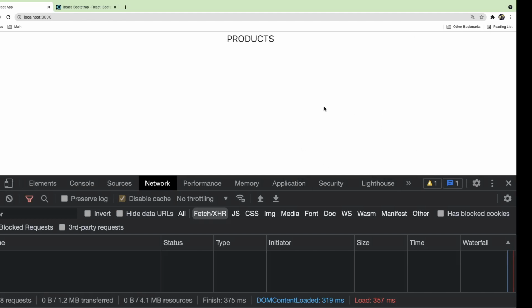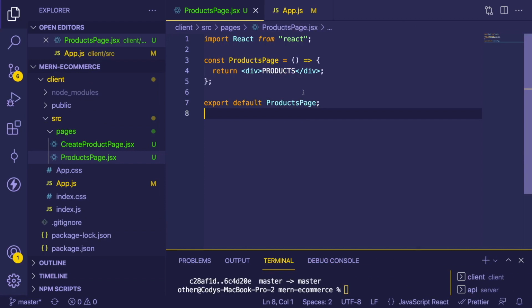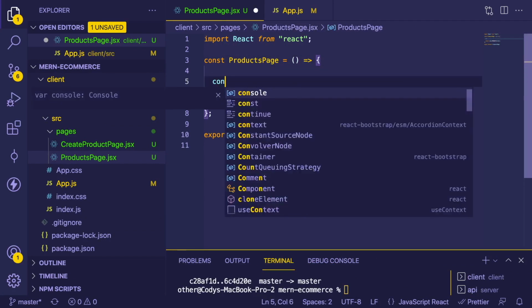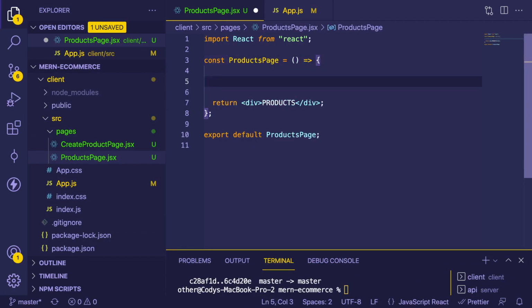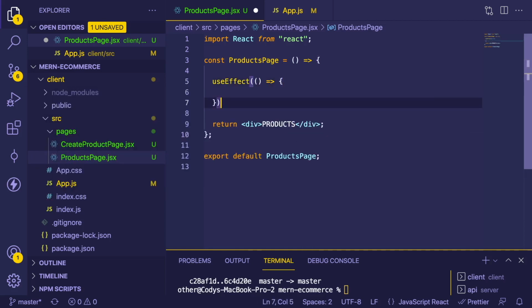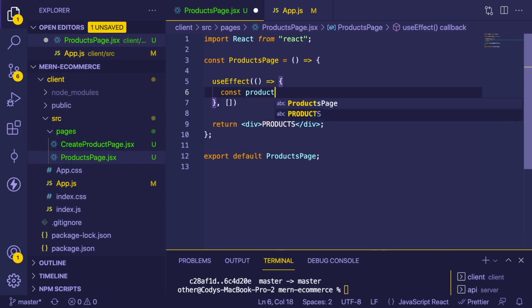And what we could do now is we need to basically do a GET request on the endpoint that we created, and then show all the products. So let's just go ahead and try to do that. So if you know React, when the component mounts, you can use a hook called useEffect. So I'm going to say useEffect, and that is going to basically invoke our endpoint using Axios to get some data back. So I'm going to say const products is equal to await